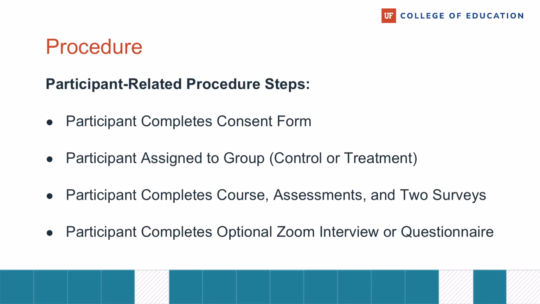My participant procedure included sending each participant a consent form with the study details, description of data collection, the identification, storage, and data handling process. I then assigned consenting participants to either control or treatment group. The final participant sample consisted of 5 students in the control group and 3 in the treatment group due to attrition. I then sent participants instructions on accessing the course and the surveys. After they completed the course and the surveys, I invited participants to an interview or to fill out a questionnaire.